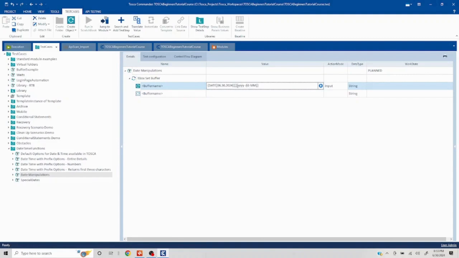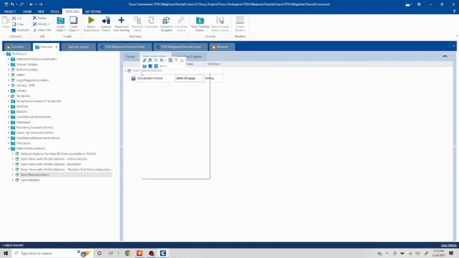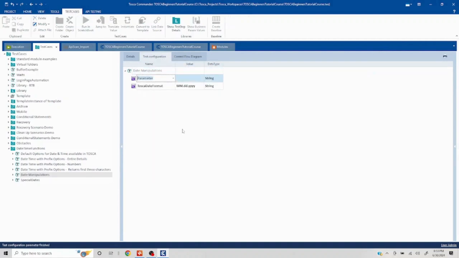Now let's say the setting is always going to be common for me. What I can do is I can either set it up in the settings if it applies to the entire project, or if I have a lot of test steps and I do not want to mention this again and again and again, I can mention this in my test configuration parameter. So let's take a look at that. I'll go to test configuration and I'll search for the parameter target date format. So target date format. Here if I mention this,